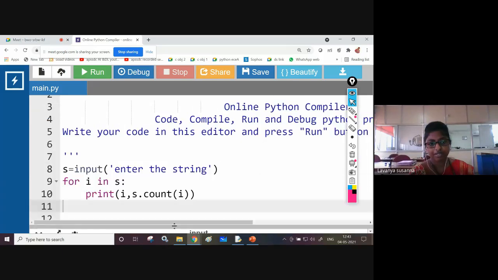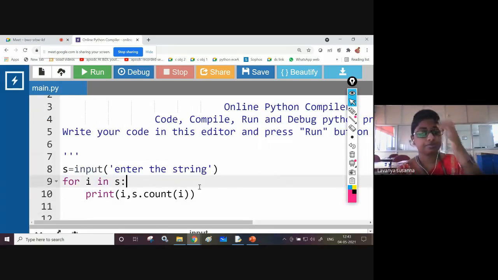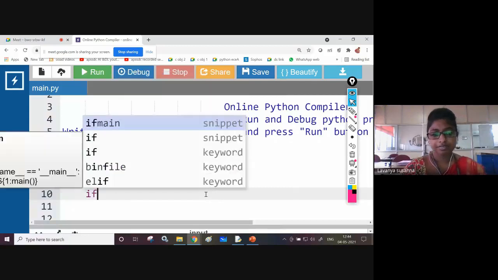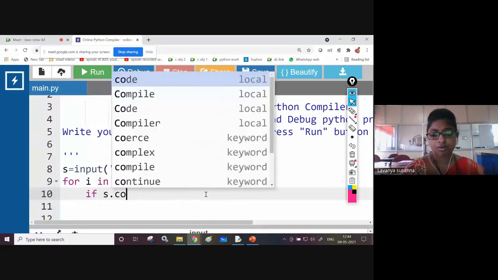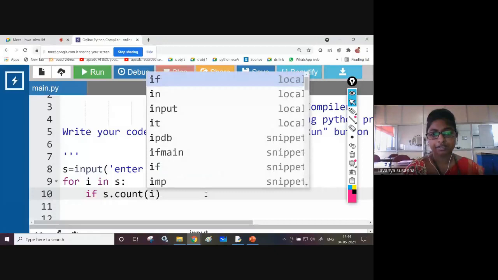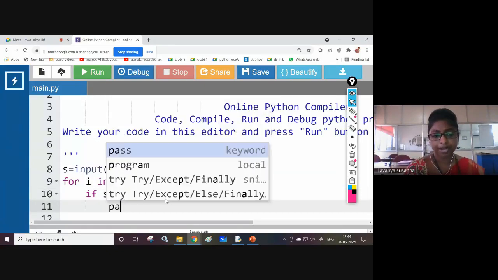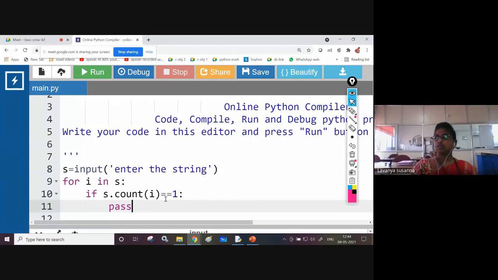Let us write the program for it. For I in S, if S dot count of I equal to 1, do nothing, pass. See what you want.